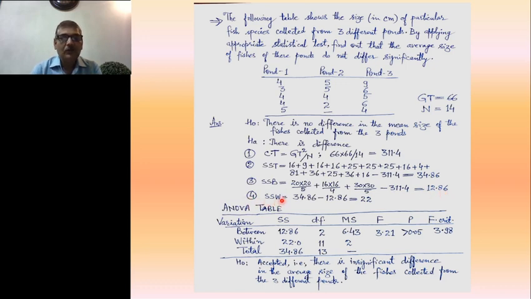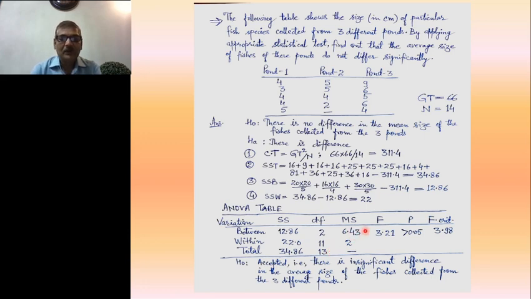And lastly, you have to obtain SSW, which is obtained by subtracting this SSB from SST, and this value comes 22. So now you are able to construct this table, and this table is referred to as the ANOVA table. This tells every story. See, you have written the SSB value here, then SSW value, then SST value, which you just obtained. Their degrees of freedom will be 2, 11 and 13 because 3 columns are there. So 3 minus 1, then n minus c, that becomes 11, and n minus 1, that becomes 13.